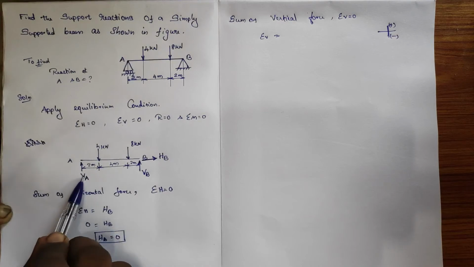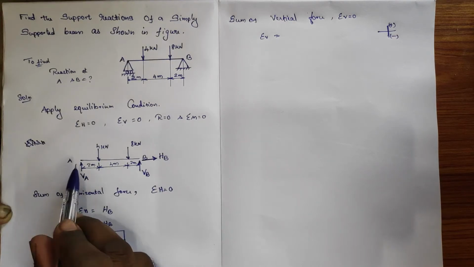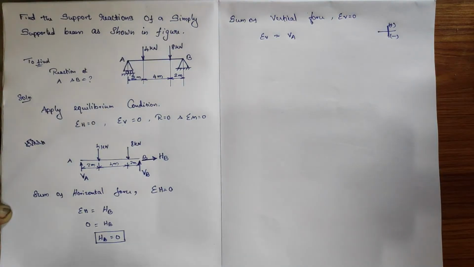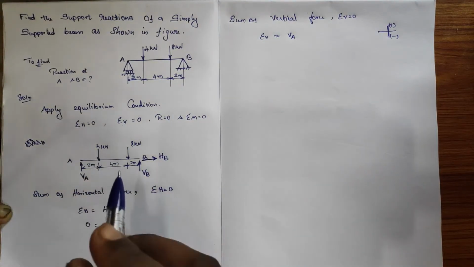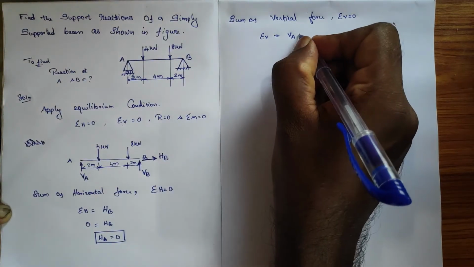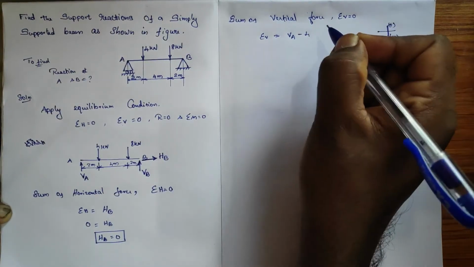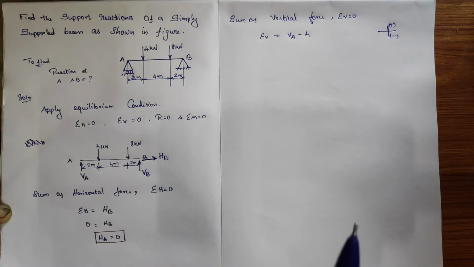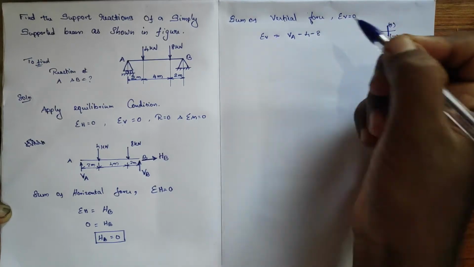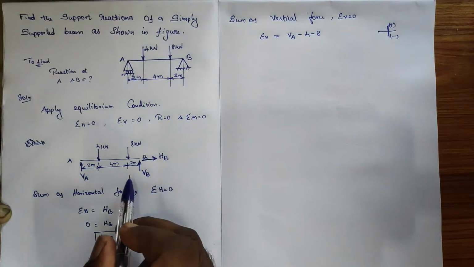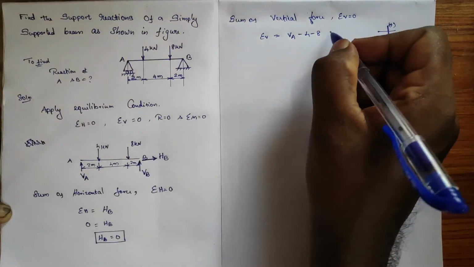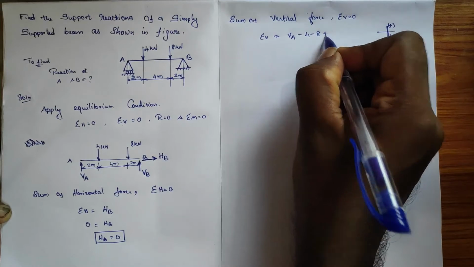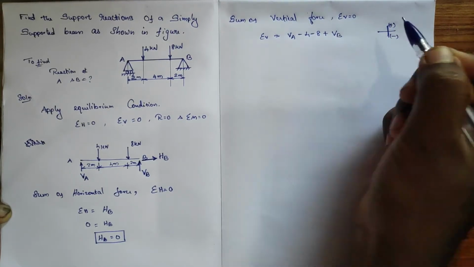Here comes a vertical force which is going toward up, right? So VA, with a positive sign. Here 4 kilonewton, which is traveling downwards, so it carries minus, and which is 4. And here 8 kilonewton force, which is also traveling downwards, so it carries a minus sign, which is 8. Okay, and then the last one is VB. The force is directed towards up, so it is positive VB.